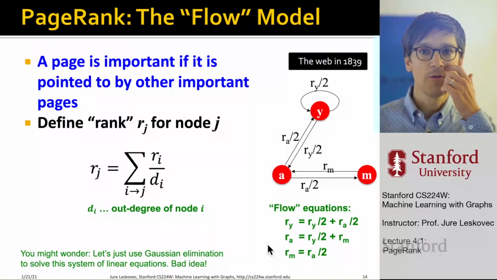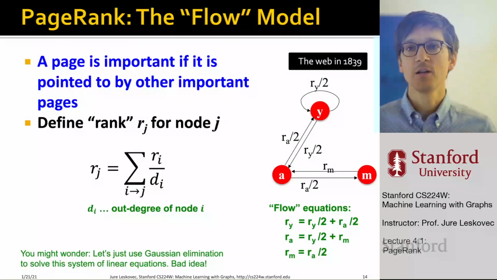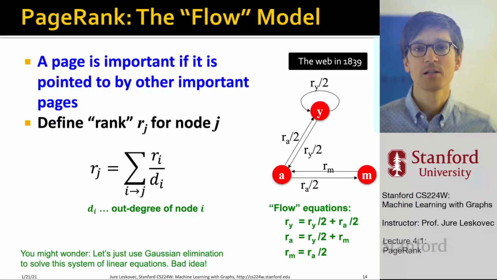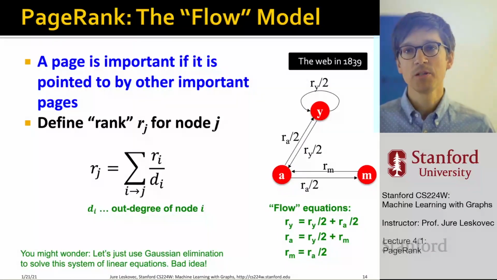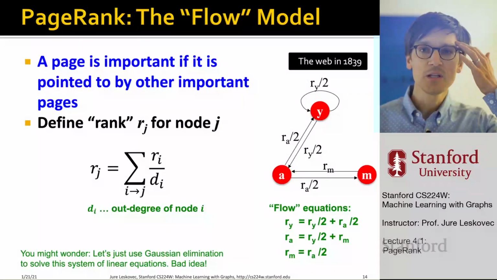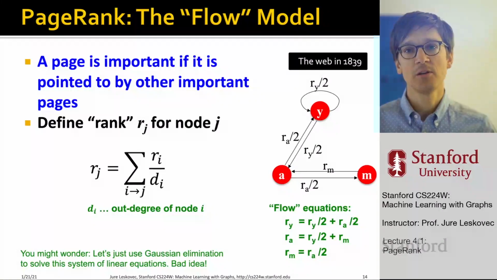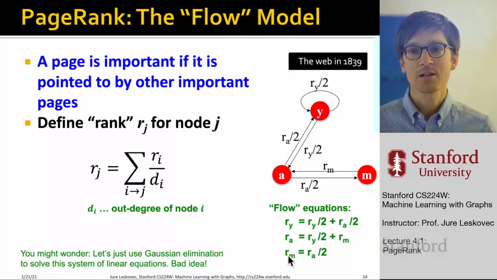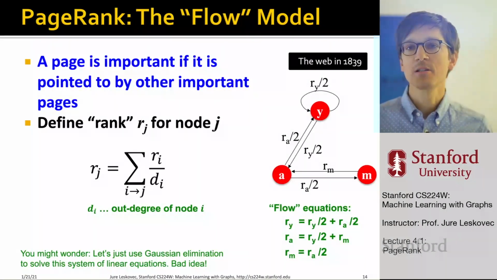Why don't I solve this using Gaussian elimination? Basically, why don't I solve this as a system of equations? And in principle, yes, you could do this. You need the 4th constraint, that these importances have to sum to 1. And you could use a large-scale equation solver, but this is kind of a bad idea. Nobody does it this way because it's not scalable.